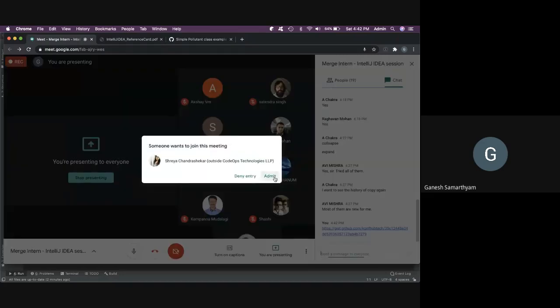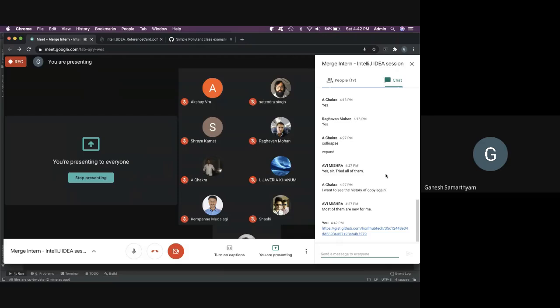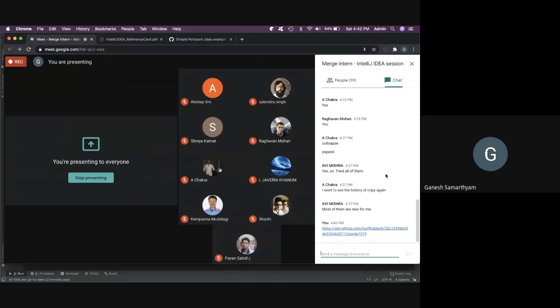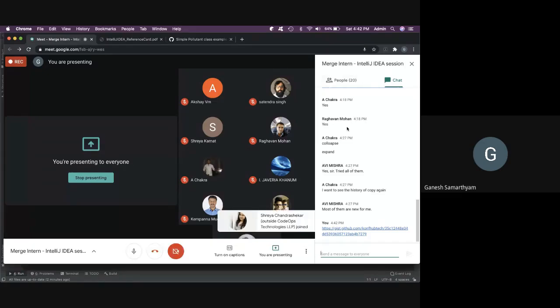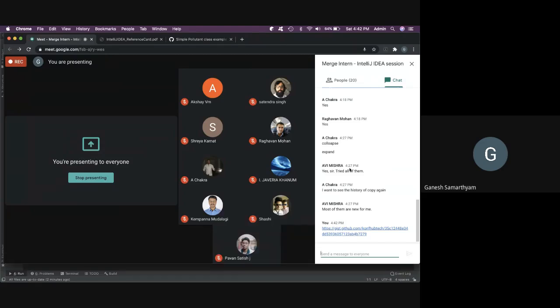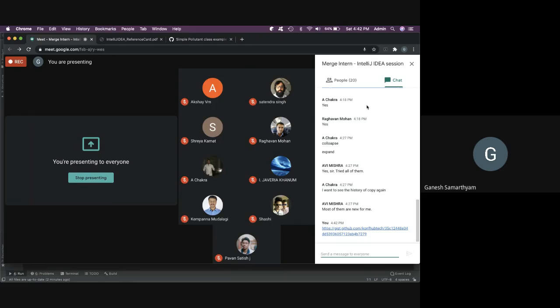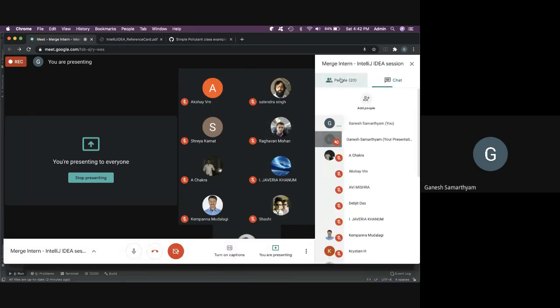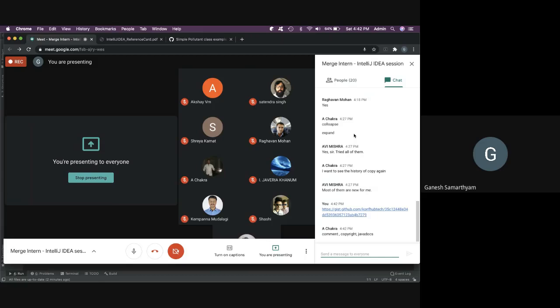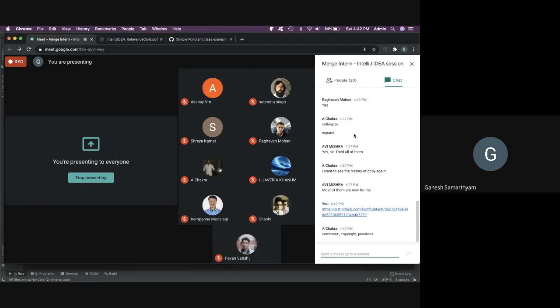Did any of you try to generate a gist and paste it here? I don't know how many were following, but I hope some of you are able to follow. I will take up any questions so far. Which shortcuts did you try? Which one worked? Which one didn't work? Which one do you need help with? Okay, so comment, copyright, Javadocs.